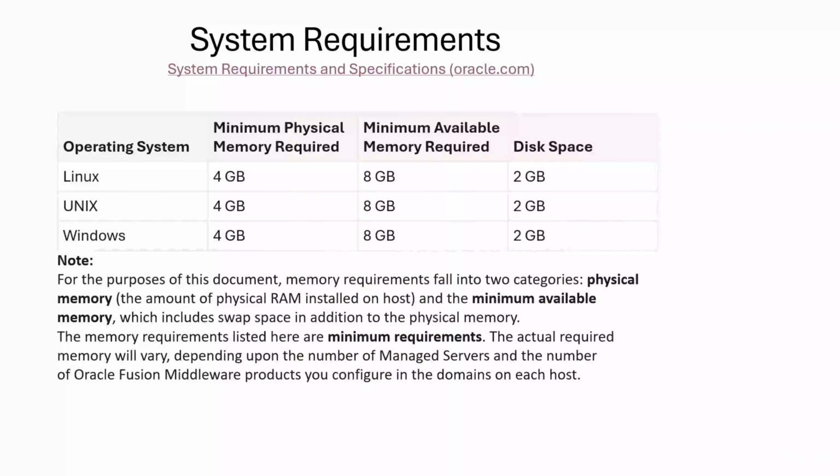So let's understand the basic system requirements. Here I have captured the most basic requirements, like memory requirements, disk requirements, and processor requirements, which are needed for the installation. When we are planning to install WebLogic on any platform, we have to raise a request that we need this much physical memory, this much disk space, and a minimum CPU requirement. As per the Oracle site, I have captured the basic minimum requirements, but